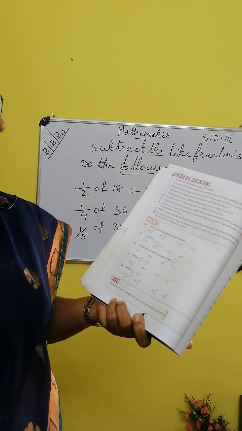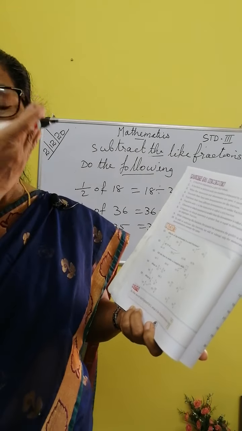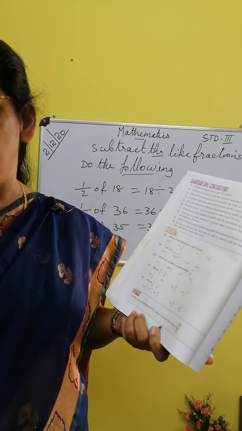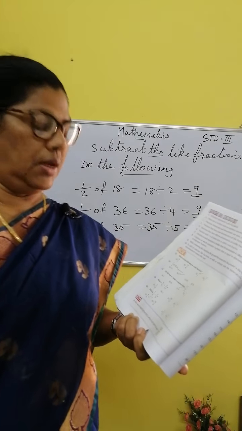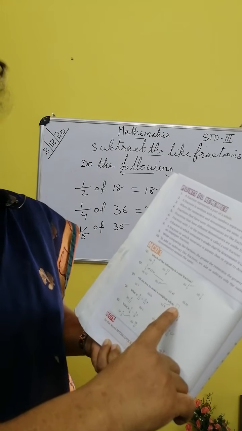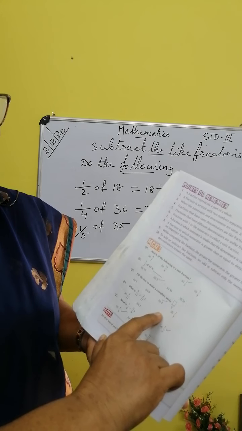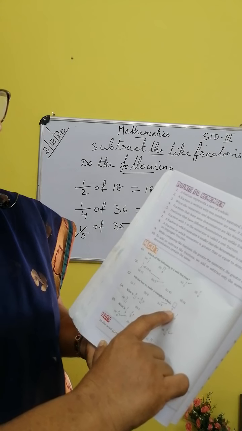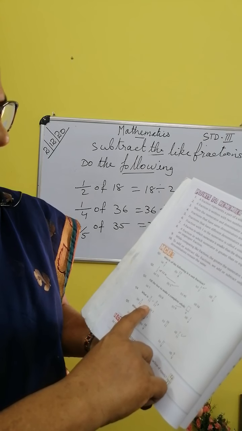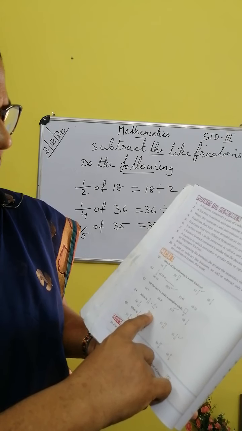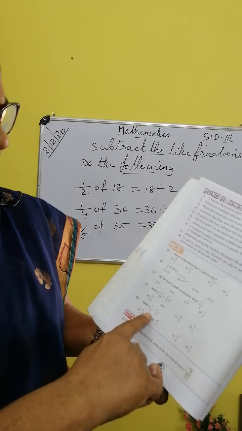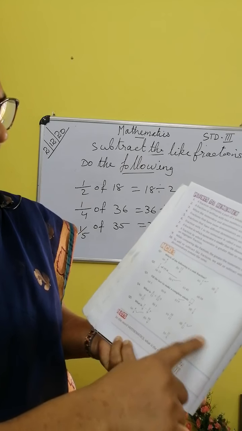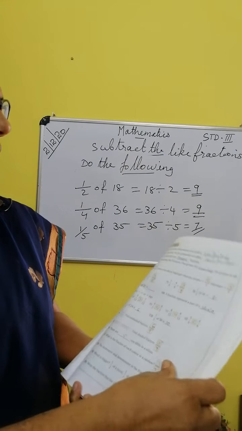Fill the box to make a complete whole. Complete whole means the numerator and denominator will be the same, like 5 by 5, 9 by 9, 8 by 8. So the numerator is blank, and you have to write the same number given as the denominator. So, 9 by 9. What is 5 by 11 plus 2 by 11? 7 by 11. What is 7 by 9 minus 3 by 9? 4 by 9. You tick the correct answer in the textbook.